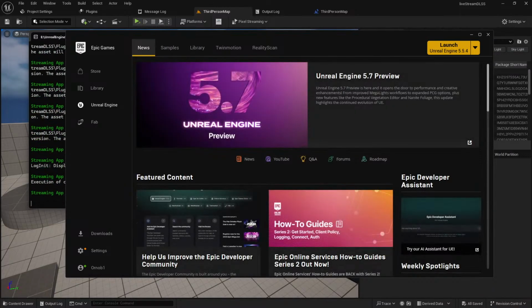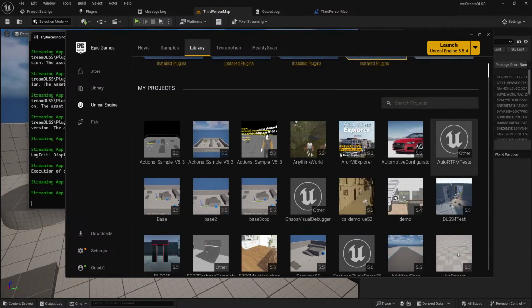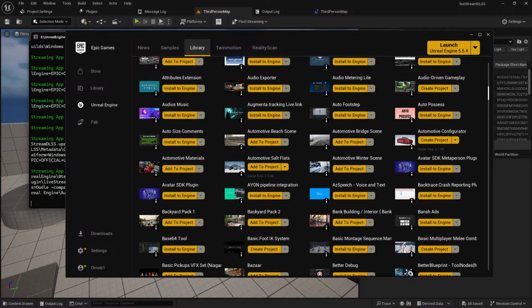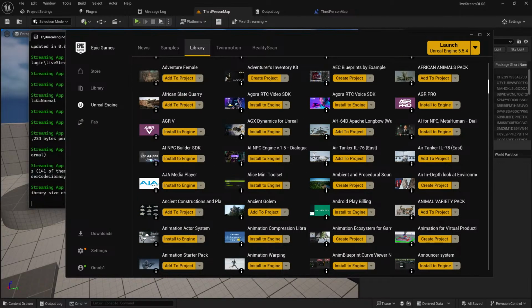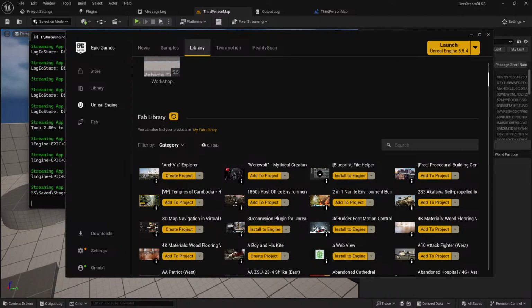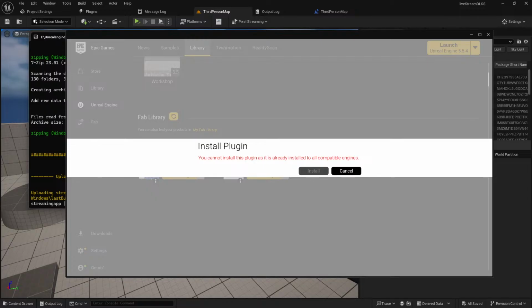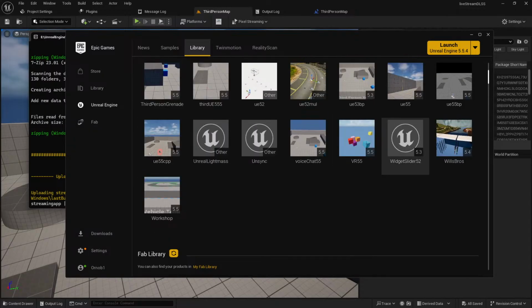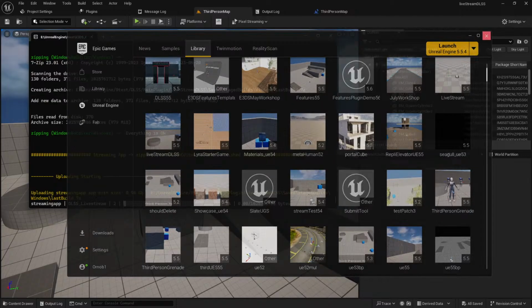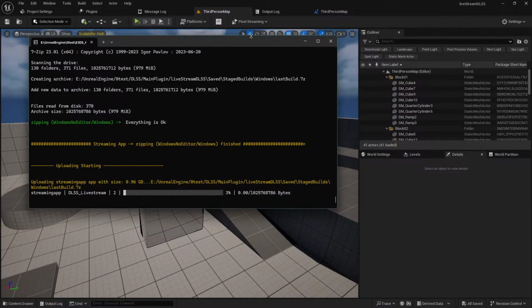Okay, so head over to the Unreal Engine section, go to library and go below. Search here for EQDS. This is the automation tool. Install to engine. I have already installed it in all my engines, so you can install the plugin from over here. So after that,